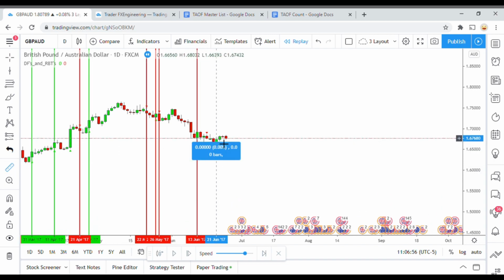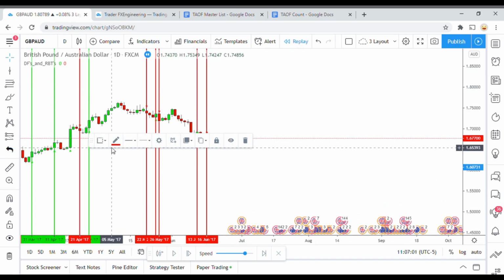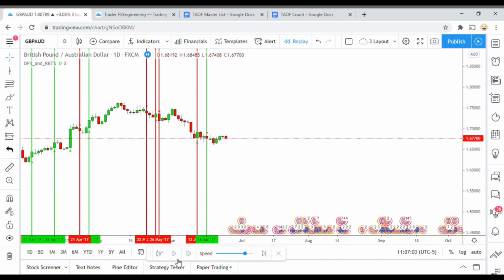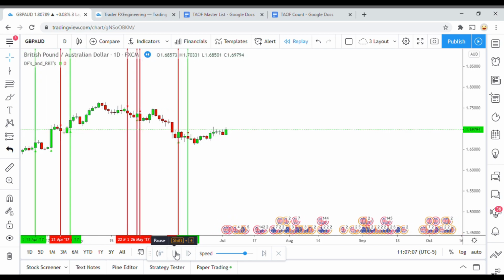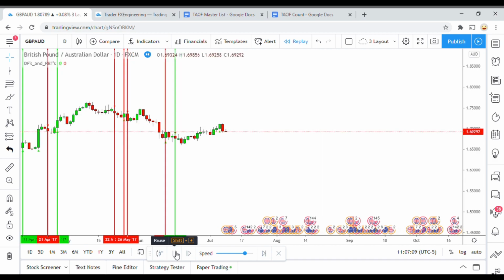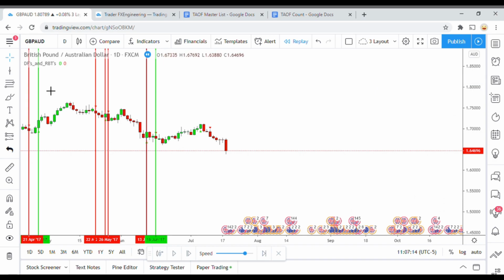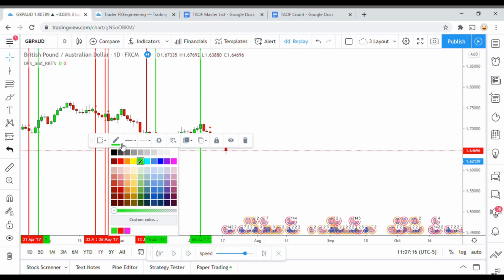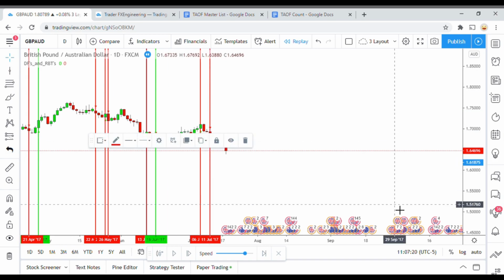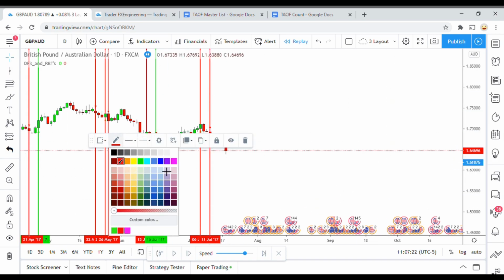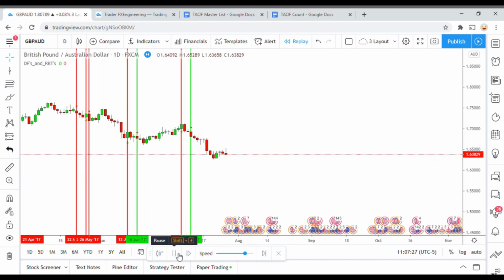Short there. That one worked out for us. Keep on moving along here. Seems to be giving us quite a few signals. Losing trade there, winning trade there. And so the creator of this indicator,